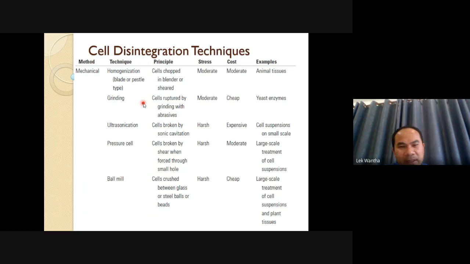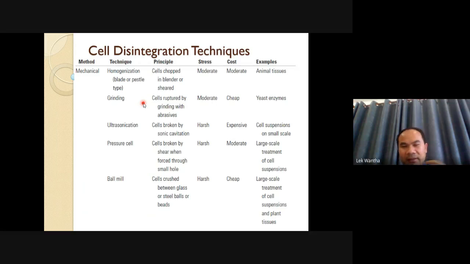And another technique, we use the pressure cell. For this case, the cell will be broken by the shear force. And we use this on the large scale in the industry. And the last one is the ball mill. If you are in chemical engineering, we have the ball mill. We add cells into the mixture of balls, maybe made from stone or ceramic, something like this. When the cell and the ball contact together,